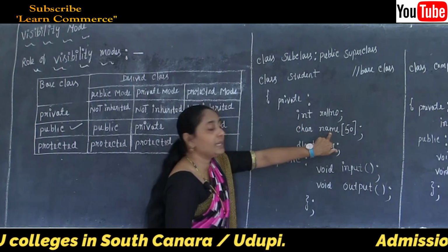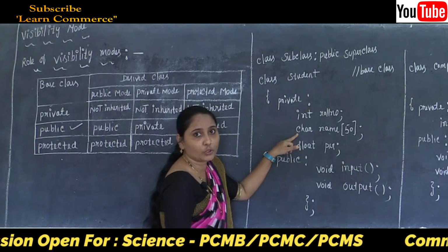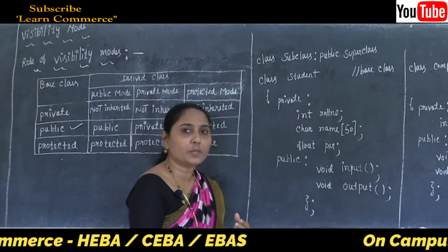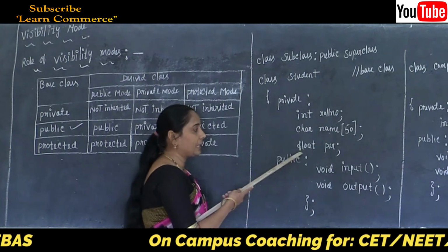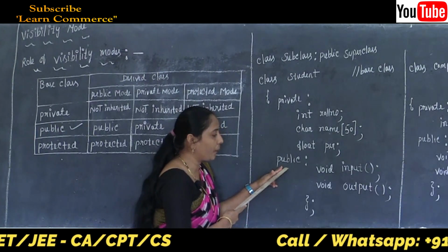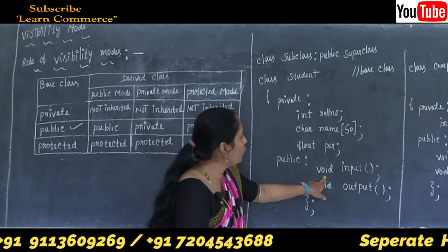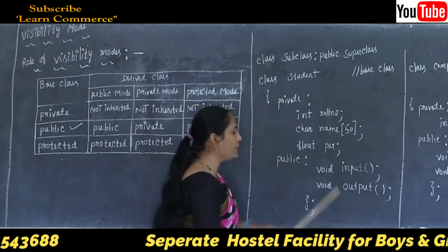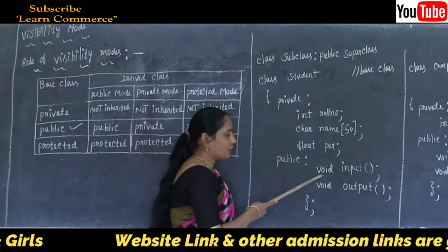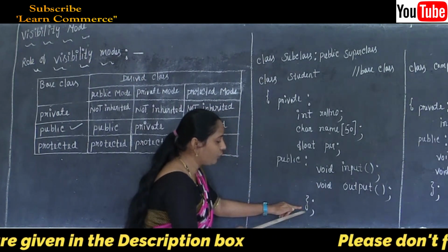And name, that means the name of the student going to be accessed one by one here. So character data type going to be used. And next one, the percentage, maybe 60.00, 60.07 like that. So the data type we need to use is float only. Okay, and next one is about our public. In public, some member functions are going to be declared. So the base class student contains some member functions. The member functions are input and the second one is output. Clear this point here? Such ones are going to use the data type void here. And later closing of the flower bracket, semicolon.